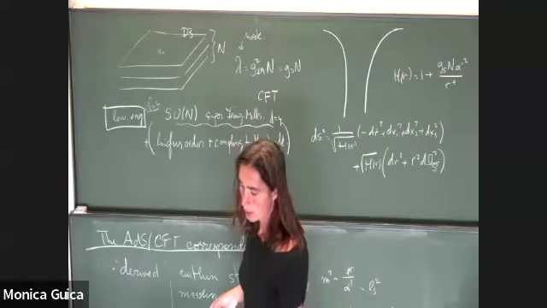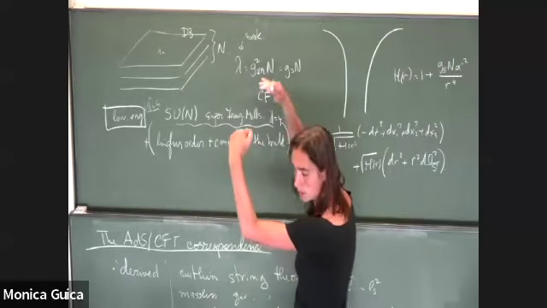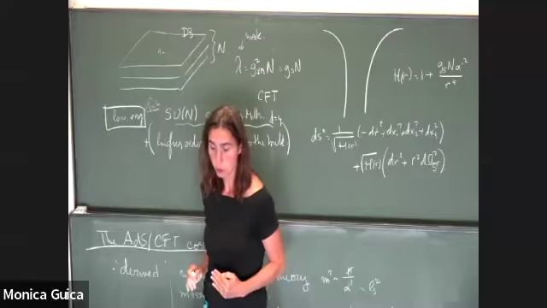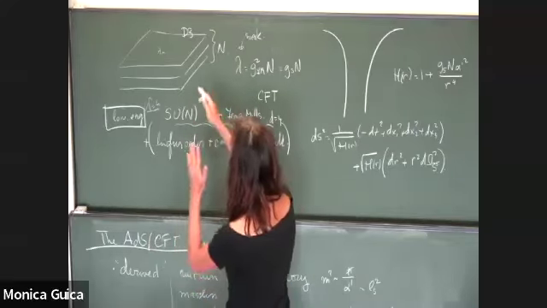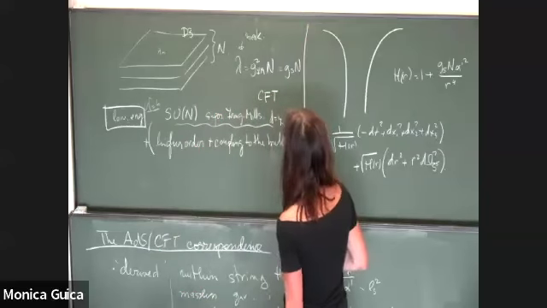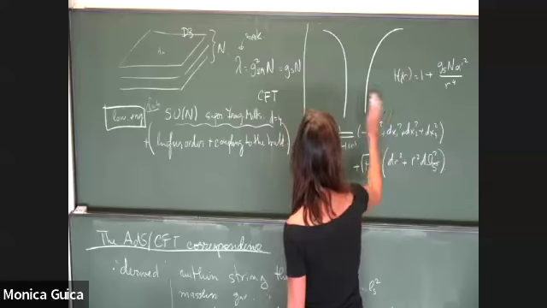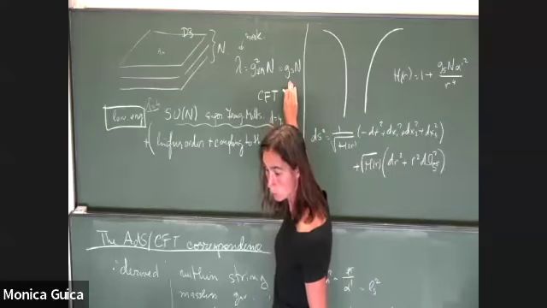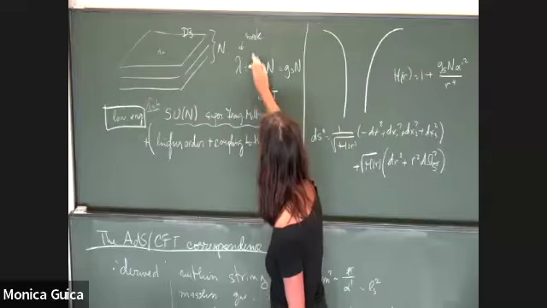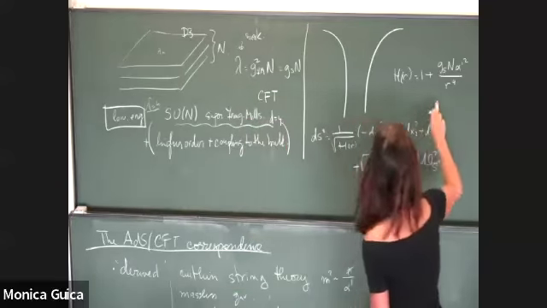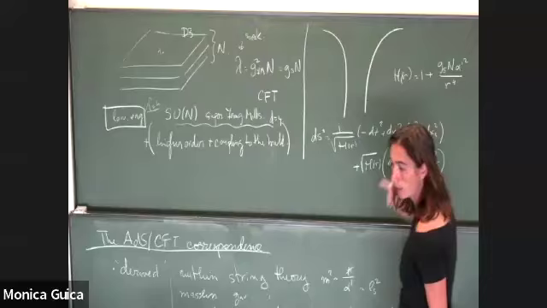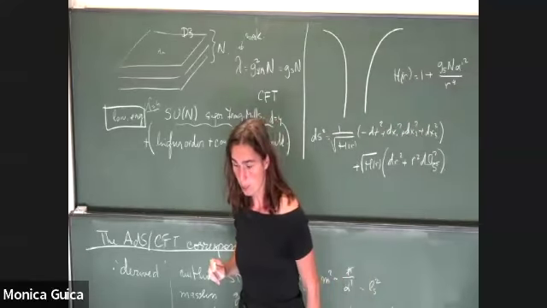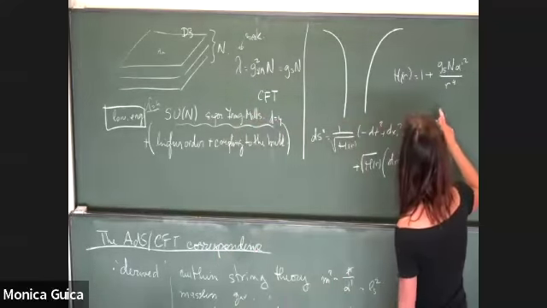So basically, what's happening when you're taking this very low energy limit is that you have this system which has these two different descriptions. I should say, I mentioned this description is good at weak coupling. This description, if you look at it, is actually valid at strong coupling. And you can see because,